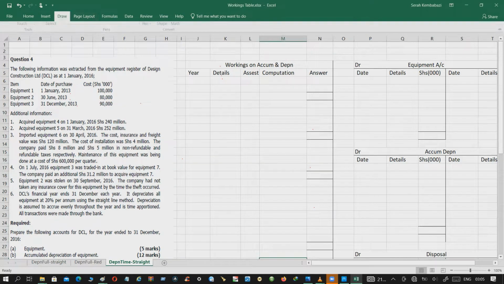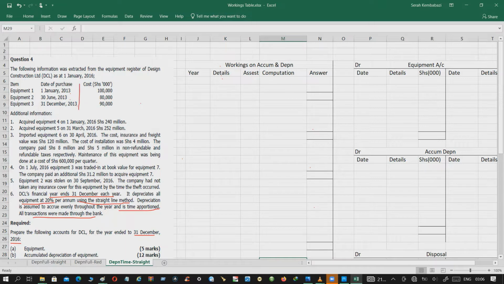Hello, welcome back. We are going to use the question on your screen to understand how to work out numbers with time apportionments. With this question, we are given the depreciation rate as 20% and told that the financial year ends on 31st December each year. We are told that these transactions were through the bank and we are using the straight line method. They've told us to create these accounts for the year ended 31st December